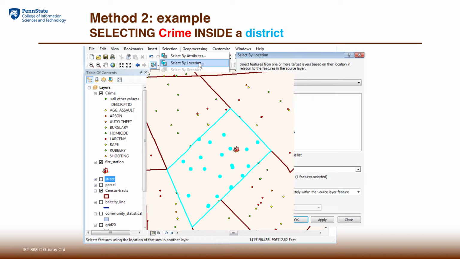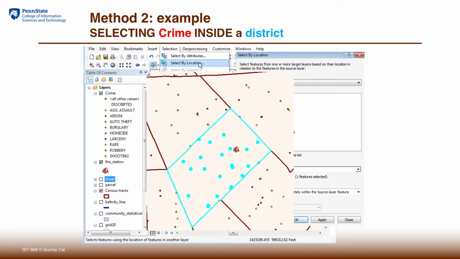Here is an example of using ArcGIS to select the crimes inside a particular district. What you do is go to the menu called Selection. There's a second category, Select by Location. That's the command you're going to call upon. After you click on that, you're going to get a dialog box that allows you to indicate the source feature that you want to select.